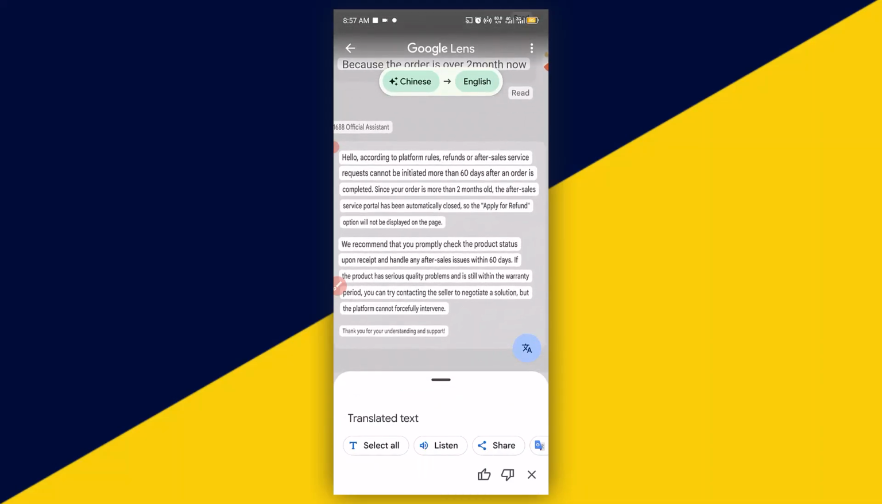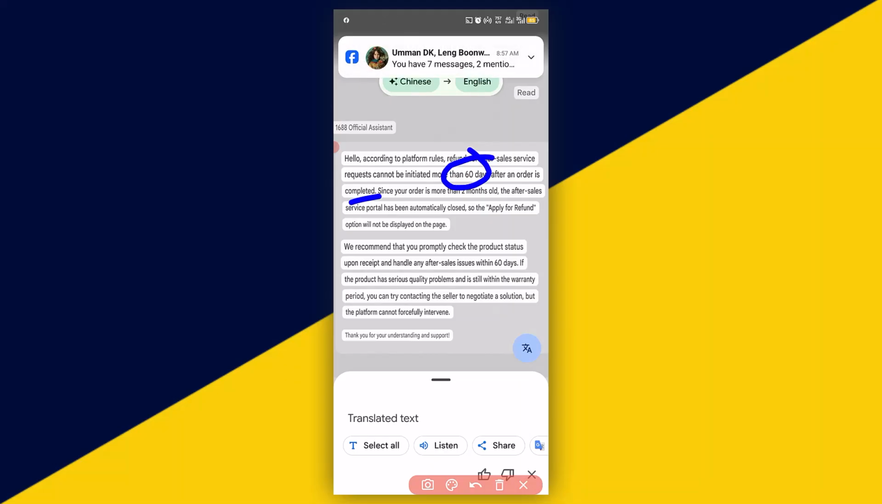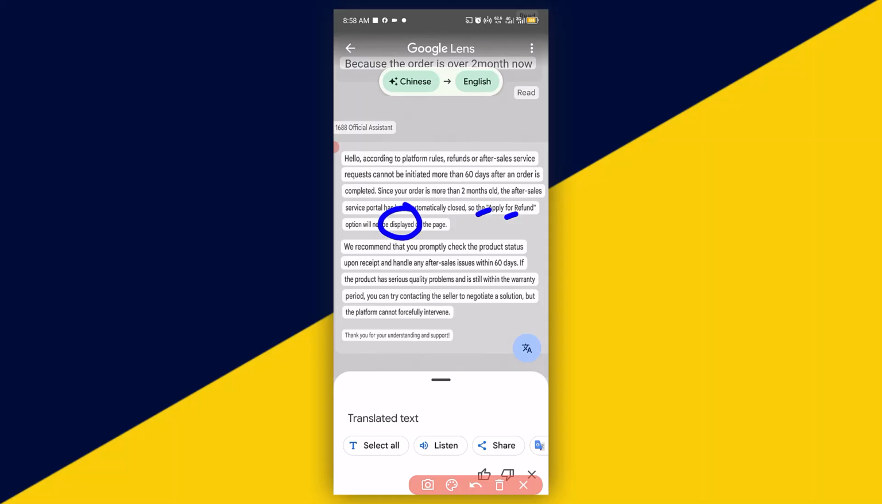Now, this is what I want you to pay proper attention to. Hello, according to the platform rules, refunds or after-sales service requests cannot be initiated more than 60 days after an order is completed. Since your order is more than 2 months old, the after-sales service portal has been automatically closed. So the apply for refund options will not be displayed on the page, just like what I show you before